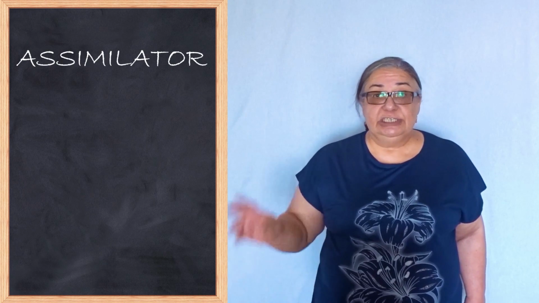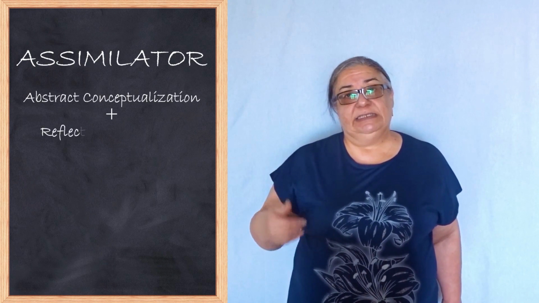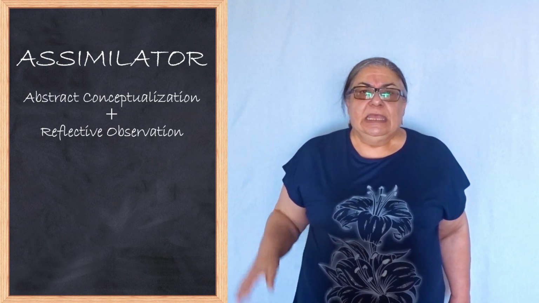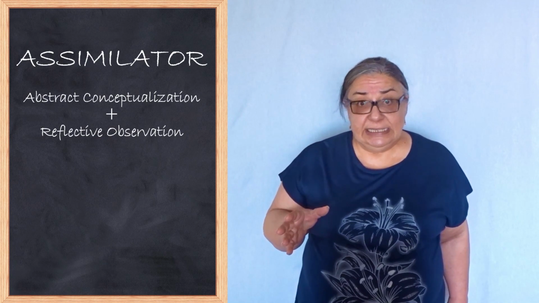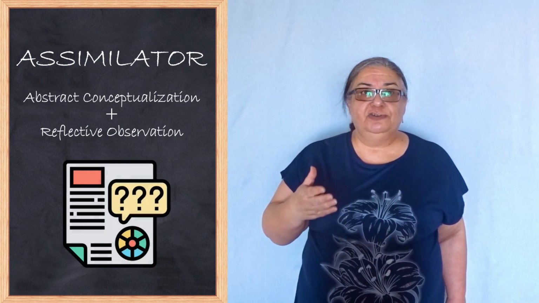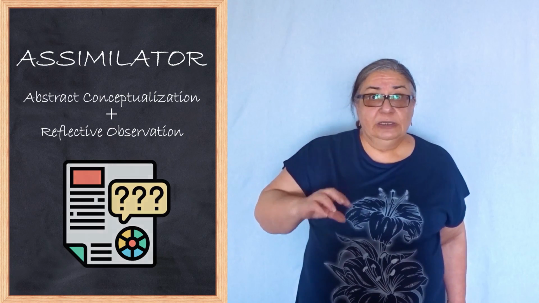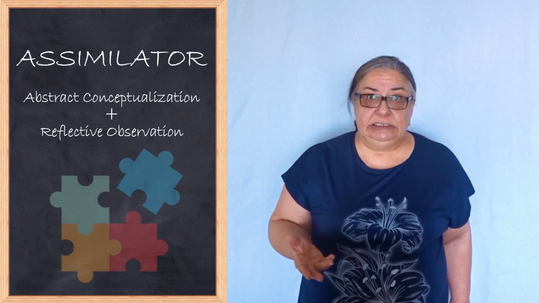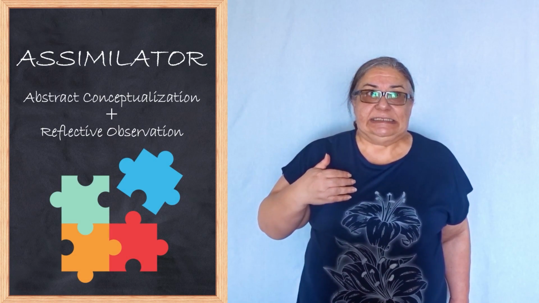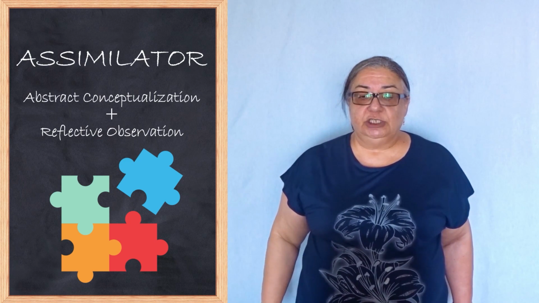The next one is Assimilator, which is a combination of abstract conceptualization plus reflective observation. This person's strength lies in the ability to understand and create theories. A person with this learning style excels in inductive reasoning and in synthesizing various ideas and observations